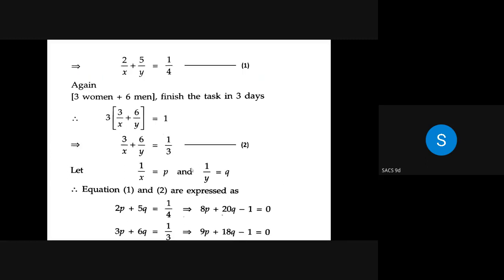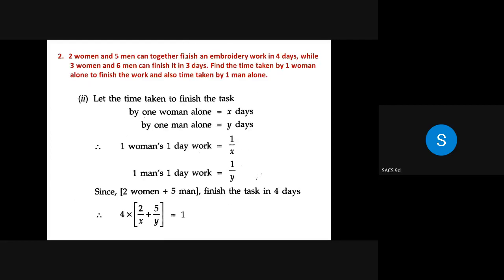Okay, so this will be my first equation, 2 by x plus 5 by y equal to 1 by 4. Now, same way for the second condition. Second condition is